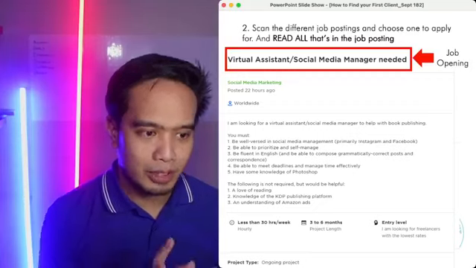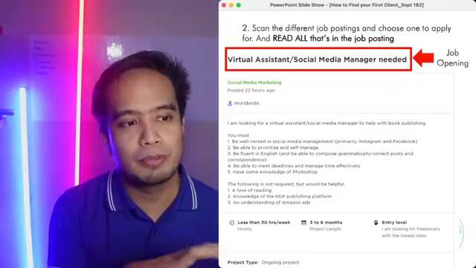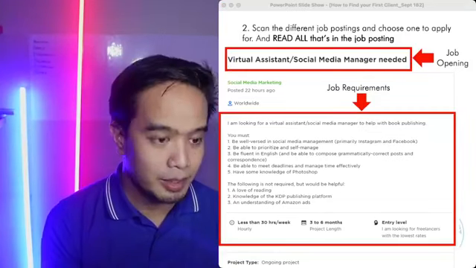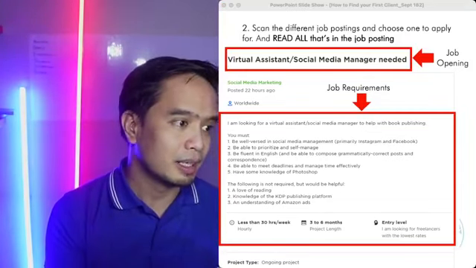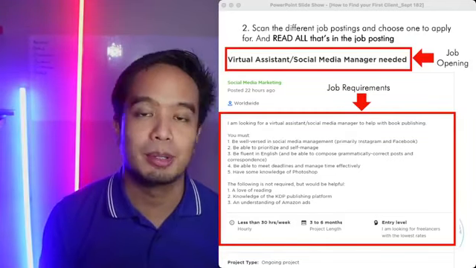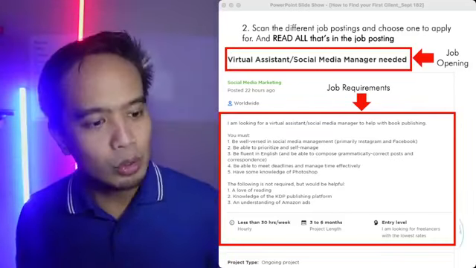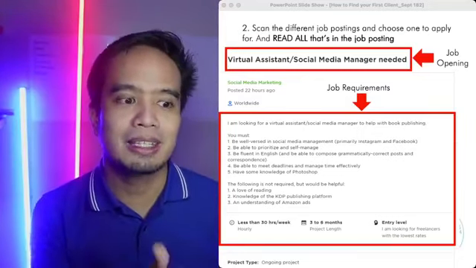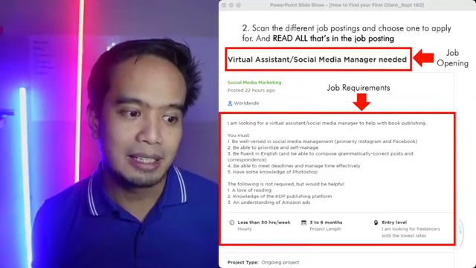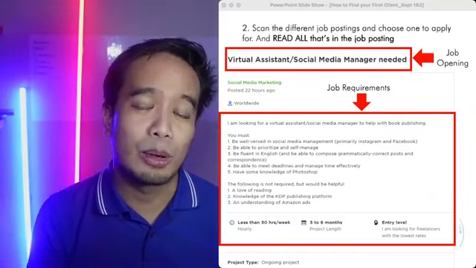And actually, I'll give you a tip, advice ha. So, if you're gonna apply to this job, okay, ito yung job requirements, okay? Before you apply to this job, ang tip ko sa inyo is research ka muna about KDP. Research ka muna about Amazon ads. So that when you write your application letter, pwede nyo sabihin, oh, I know, I have some knowledge about KDP. Hindi naman sila sinabi expert sa KDP or expert sa Amazon ads. Knowledge and understanding lang, di ba? And you can do that by spending like 1 hour, 2 hours of researching.